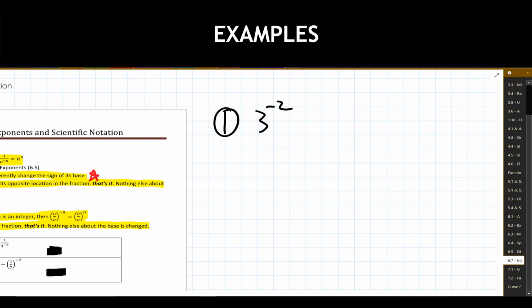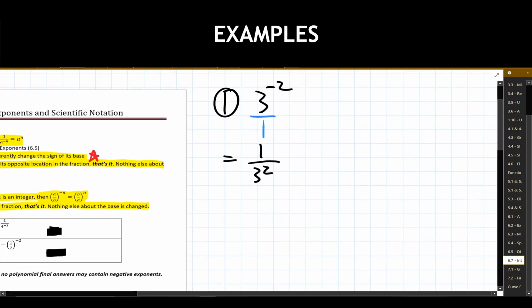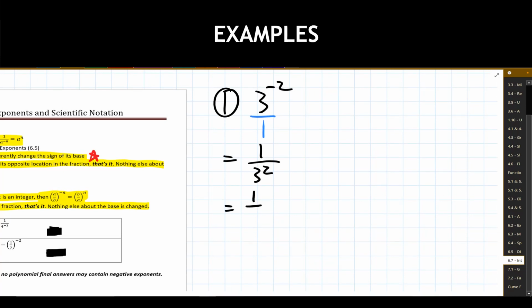So currently, 3 is sitting in the numerator spot of a fraction. If you need to, you can write in the invisible 1 that's sitting down below there for yourself, but it's not necessary. So if the 3 is in the numerator spot, it's going to need to be rewritten into the denominator spot. The numerator is therefore replaced with a 1, and the denominator becomes 3 to the second power. From here, the negative in that exponent spot is gone, which is great, and now we can just apply that exponent of 2. So 3 squared gives me 9, and I get 1 over 9 as my final answer.